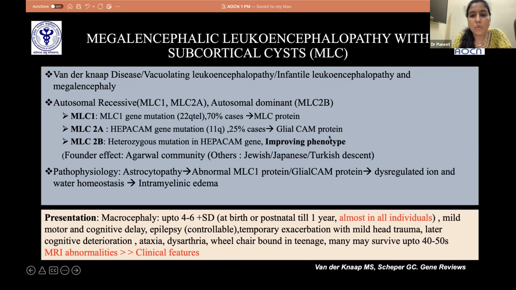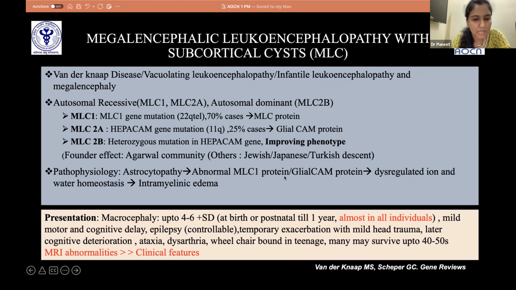MLC2B is also commonly known as the improving phenotype, in which the course is usually static and usually improves both clinically as well as radiologically over the period of time. Founder effect is seen in the Agrawal community, as we all know. The pathophysiology here also lies in astrocytes. Abnormal MLC protein or GlialCAM protein leads to dysregulation of iron and water homeostasis, and it finally leads to